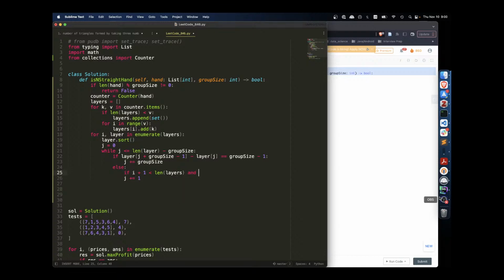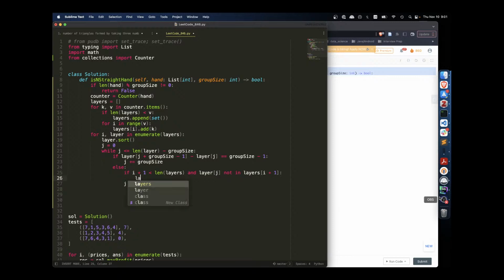And layer j is not in layers i plus 1. That means the next level can accept it, right? If that's the case, then we say layers i plus 1 dot add